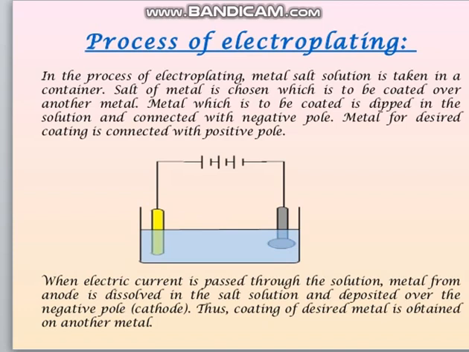So exactly what is happening? The copper metal is converting into the copper ion and these copper ions are moving towards the iron spoon and start depositing over there. This is what is known as electroplating. Okay, so the most important thing you must learn is what you should take as electrolyte and which metal you should use as anode and which one you should use as cathode. That is the most important part of this topic, electroplating.